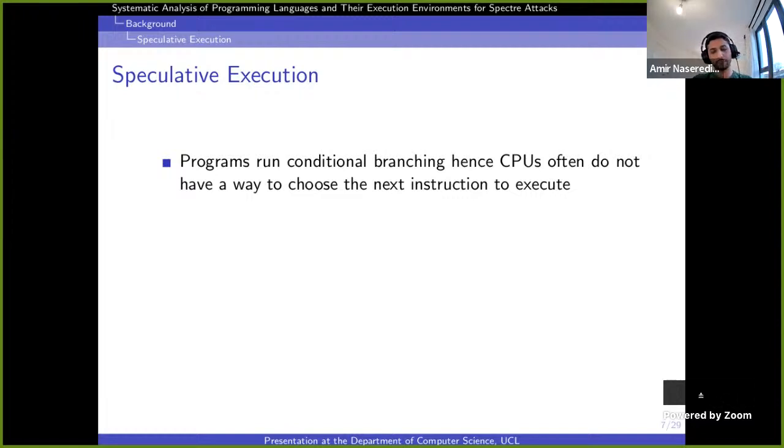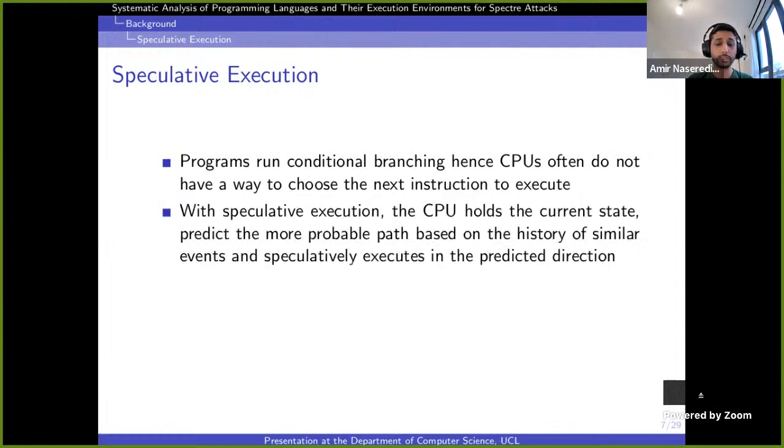For example, if some parts in the condition are not in the cache, they are in memory, and we need to cache them and then use them. Calling them from memory takes a longer time for sure. But the problem is that we can't just wait there and do nothing. What CPUs do is they have some policies to predict the direction that is more probable, and then go through that path. And this is called speculative execution.